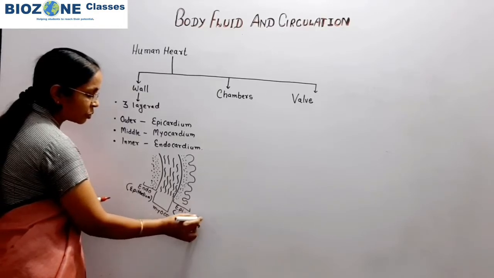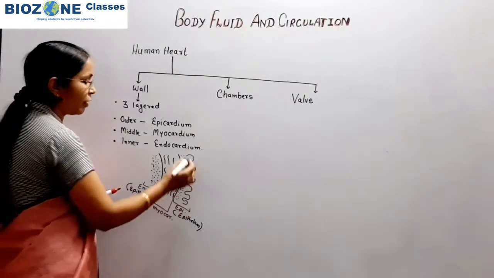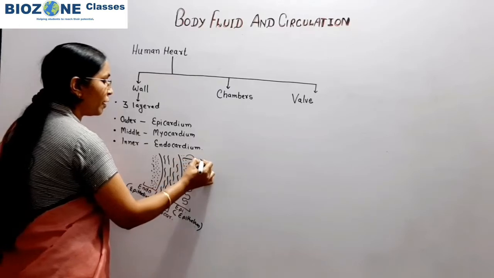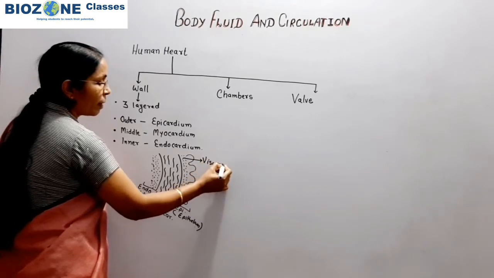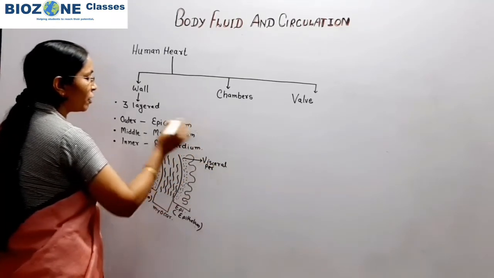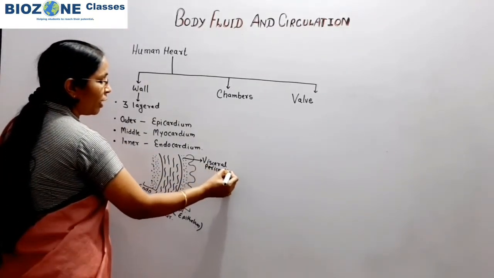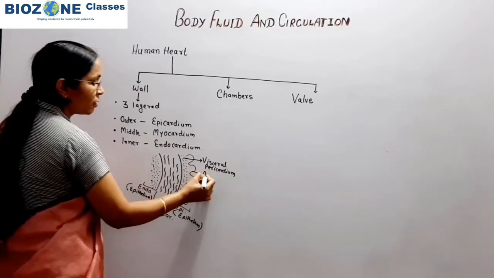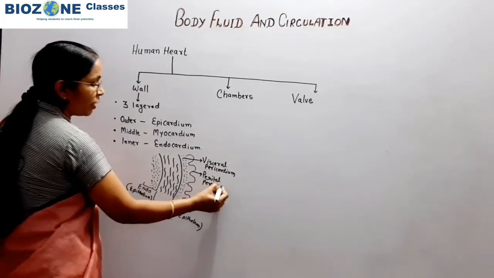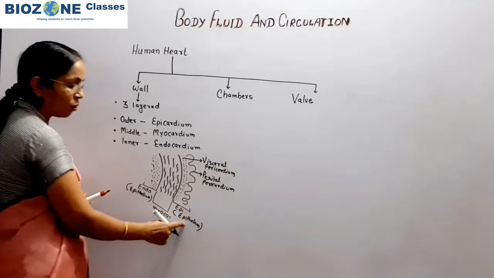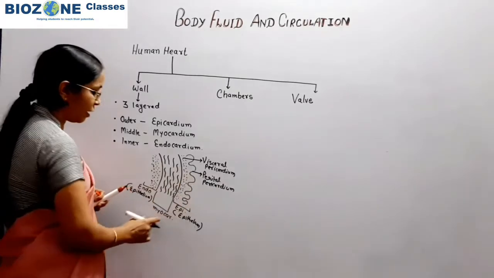Epithelium when we study, so the 2 layers are present in epicardium. The innermost layer of epicardium you remember is called visceral epicardium, or another term we use, pericardium. So visceral pericardium you remember, and the outer is called parietal pericardium, and both visceral pericardium and parietal pericardium combine to form epicardium or pericardium, and both these are the epithelial linings.